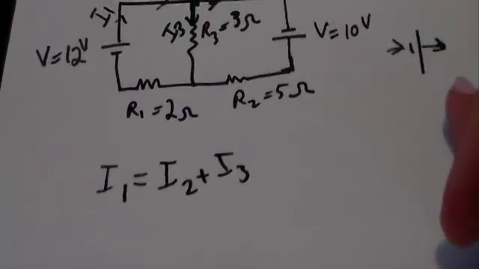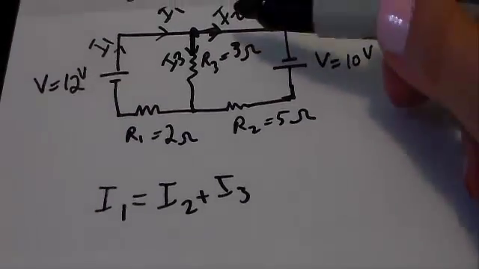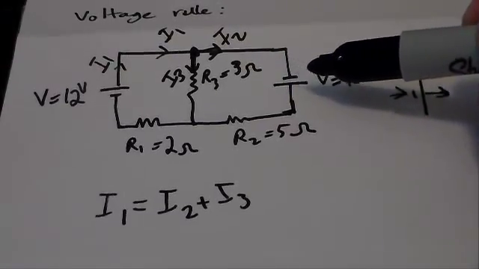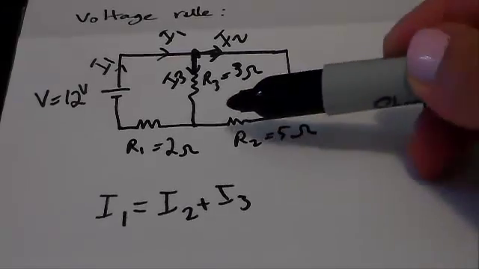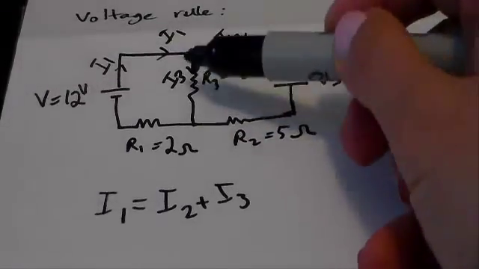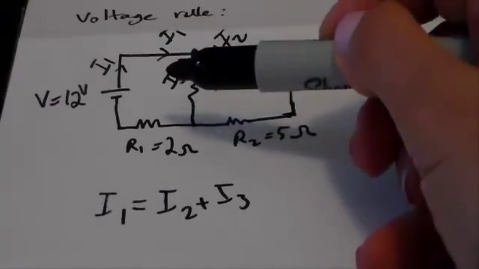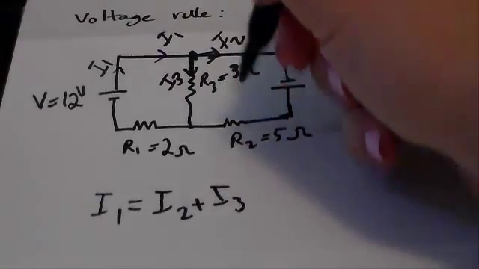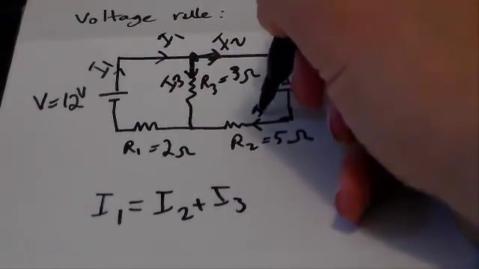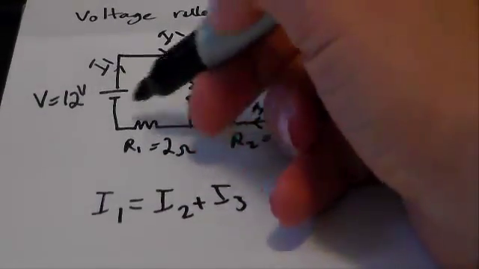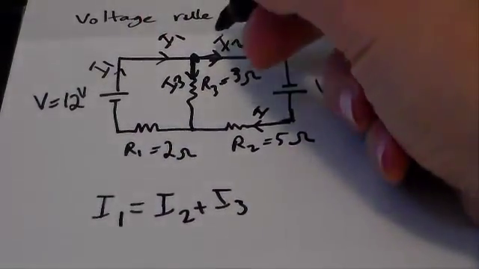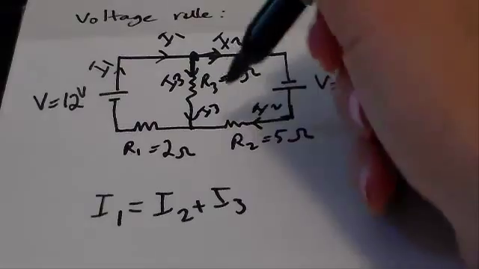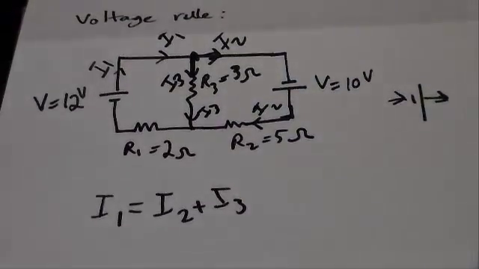Now let's track these currents down and see where they end up. I2 passes through and gets into the negative terminal of this battery, and it comes out of the positive terminal. Then I3 passes through this little middle branch. Let me draw it, because a lot of my students are confused about what happens in this little branch. So let's track things down. I2 is in here, I3 is in here, and then look, I2 and I3 both